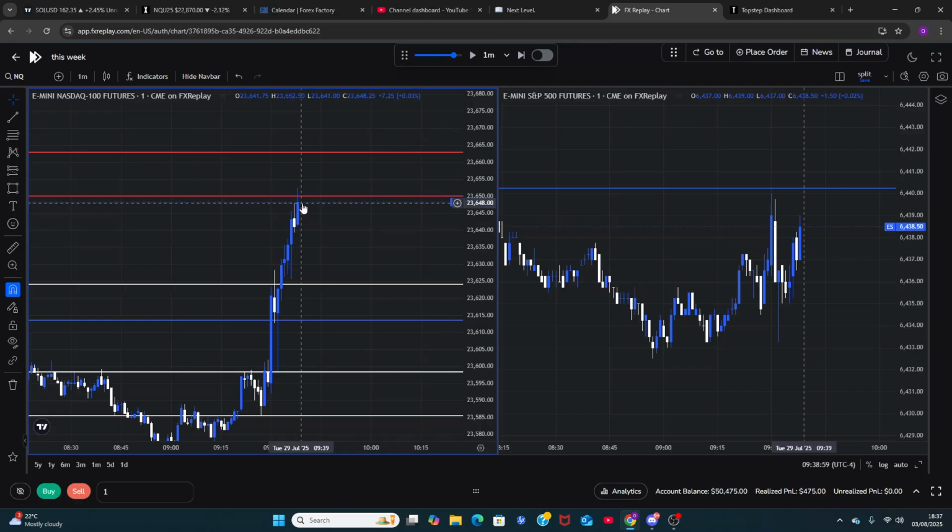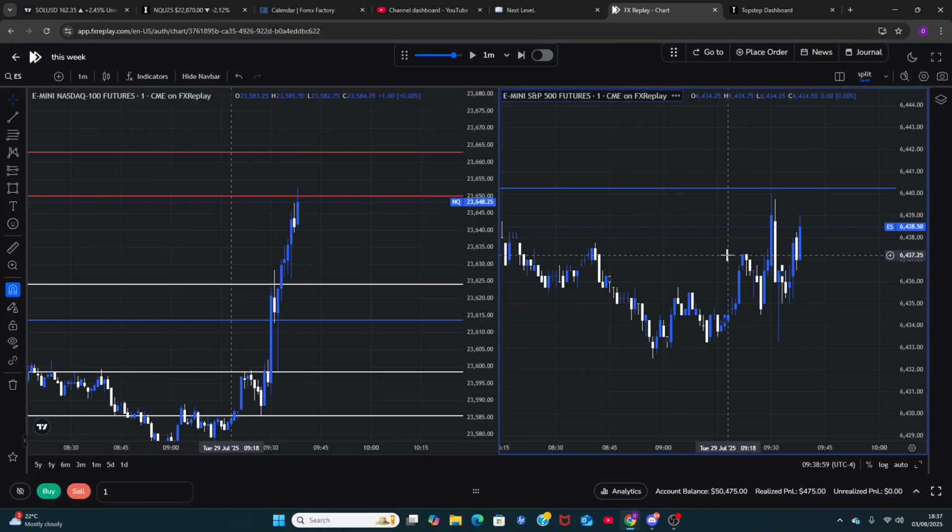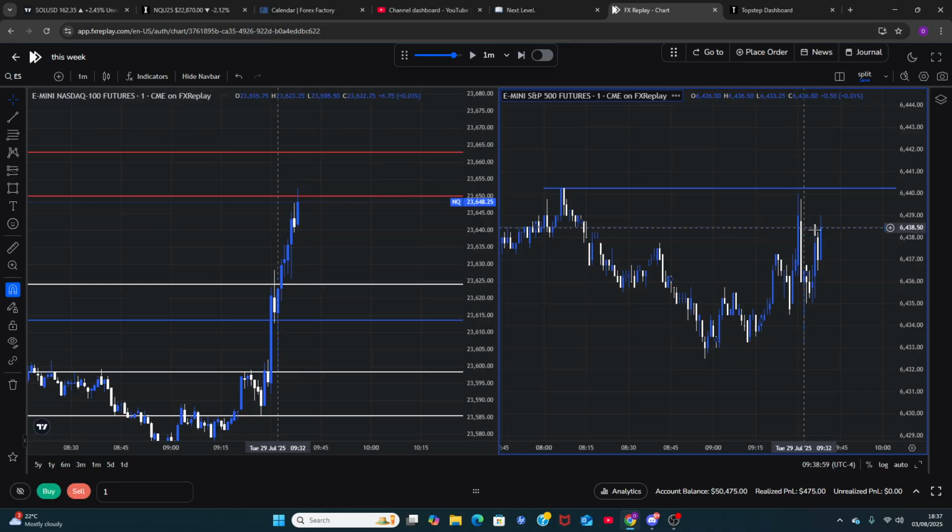Now at this point, I'm looking for price to either rebalance lower to continue higher or react from this area to dump. Now I'm going to use ES at the same time. ES should tell me if we're bearish or bullish. If ES does not displace above this high, then I'm probably going to be bearish. If ES takes out the high and dumps, I'm probably going to be bearish. Just because we displace so much to the upside, it's way too late to enter buys unless price gives us a nice rebalance down here and then we can go higher. Or if price just continues higher, fills this, then I'm being very, very patient.